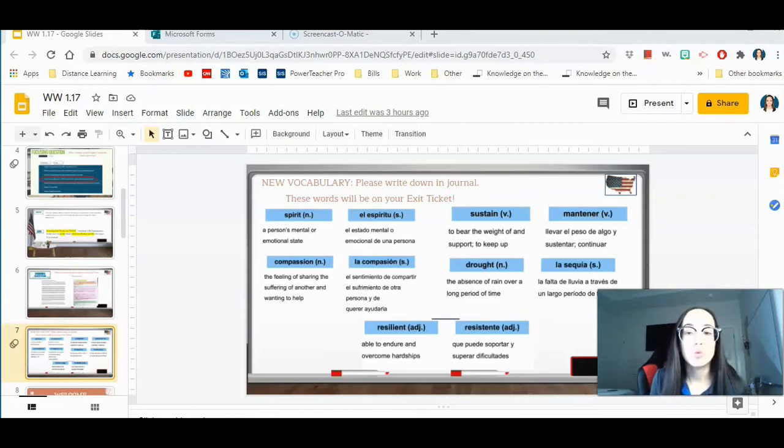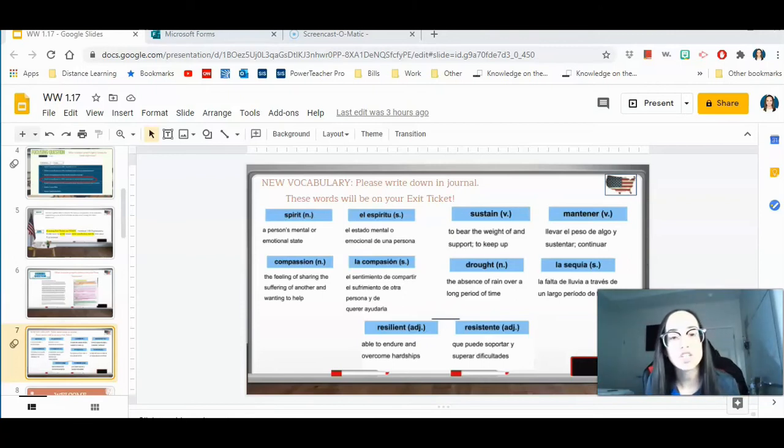So when we speak about spirit, it's about a person's mentality and also their emotional state. Okay, we have a happy spirit, or sometimes we're feeling a little down and might have a sad spirit. It just depends what type of environment we surround ourselves in, and also what we might be going through in life at that time.